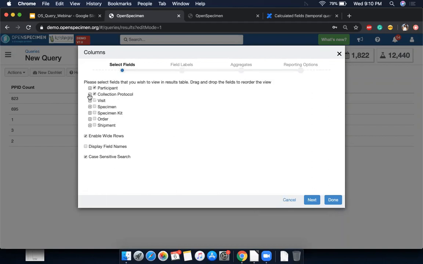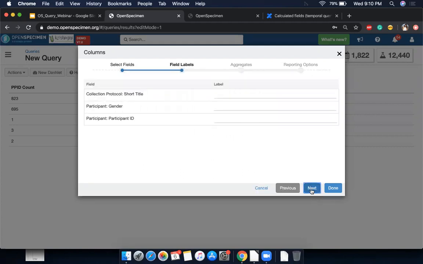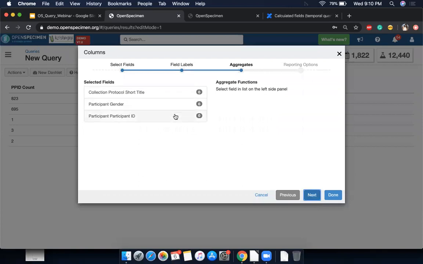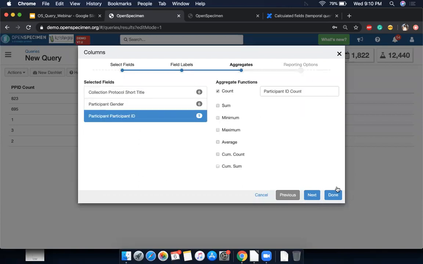So now I want to find the number of patients registered by different collection protocols and by gender. So these are now two fields. I want to put the study title first. Now I'll say next. Just make sure I added count here. If I want, I can rename that, and say done.